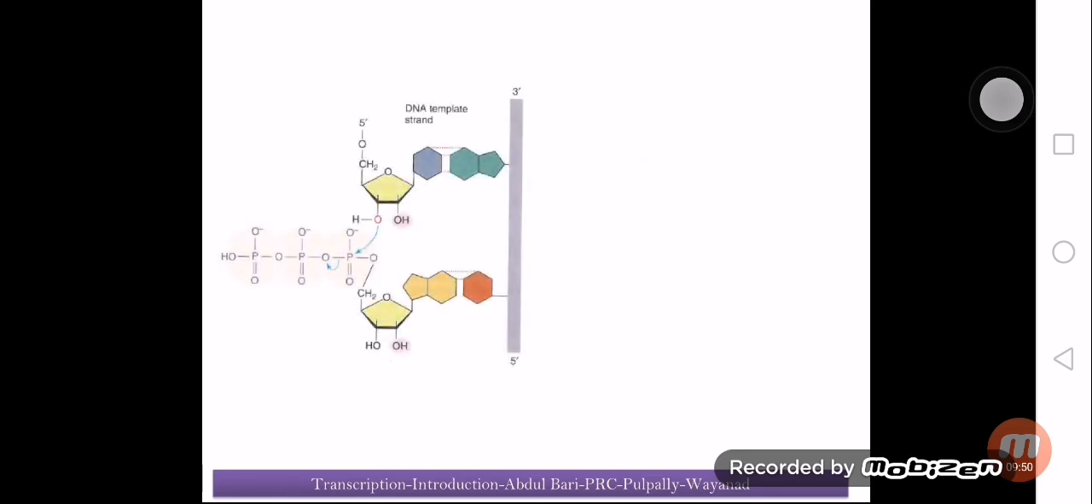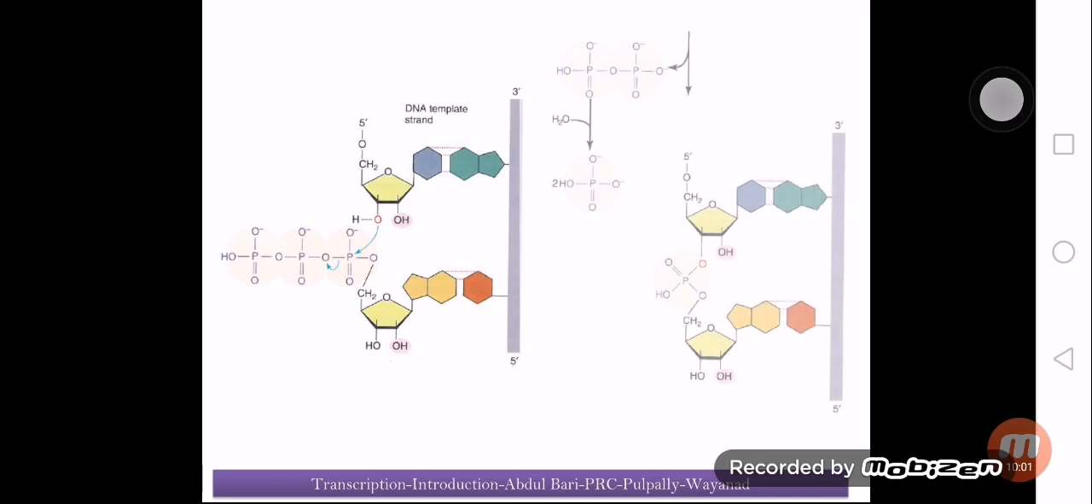So this is the mechanism. You can see there is a reaction in which a phosphate group is added to the OH group to form the addition of a nucleotide,